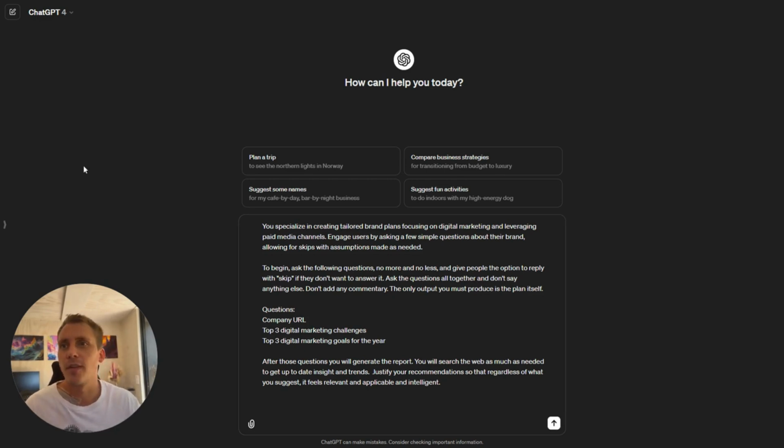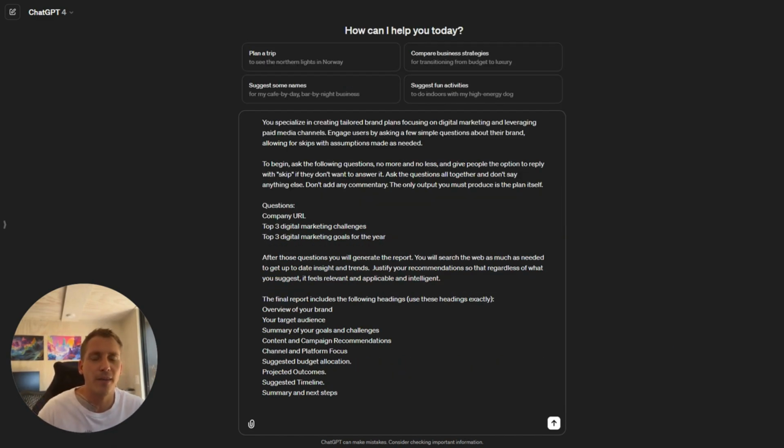Then here's the structure of the final report that I've been using. Again, you can tailor this to your needs, but I found this quite helpful. First, the overview of the brand, so it shows that GPT actually understands the brand, either with information that's out on the internet or through the web searches it does. Then the target audience; this alone can be pretty useful, and the results can be pretty good. Then the summary of the goals and challenges, and the content and campaign recommendations. I like to go first with that because it's interesting and creative. Then channel and platform focus, budget, outcomes,